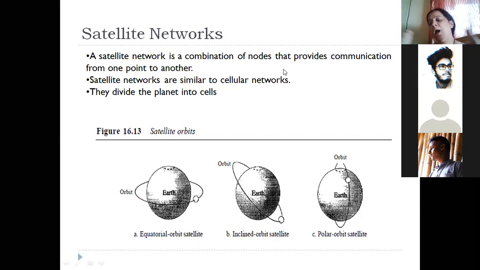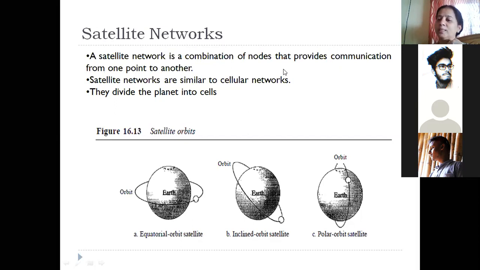So if you're trying to communicate from one end of the world to some other end of the world, and there's a huge distance between the sender and the receiver, then directly you can't send, even if you decide to send via radio waves or microwaves, or any other wireless medium, such a long distance cannot be covered. So you should first send it to the satellite, which is up there in the air, and then from there on to the destination. So we will try to understand about satellites and satellite networks today.